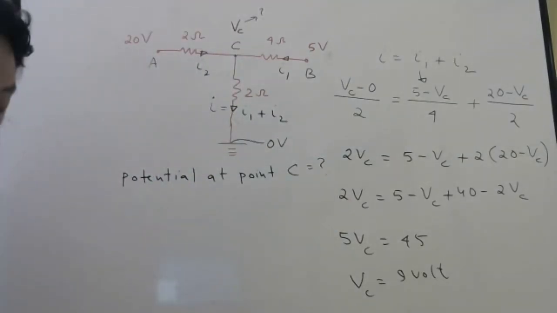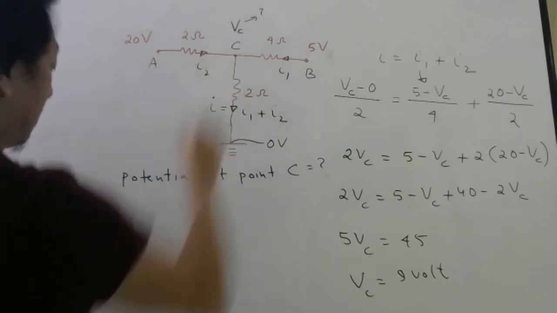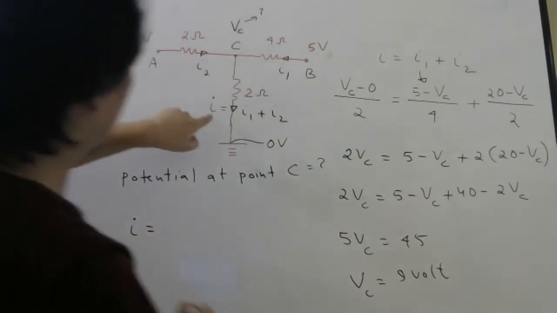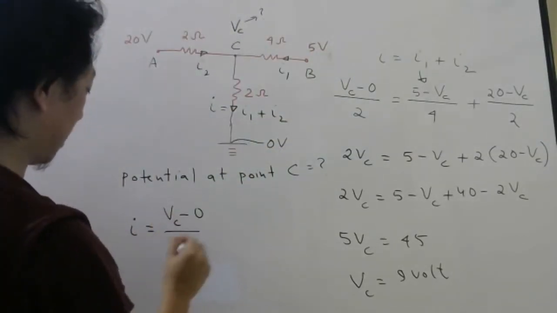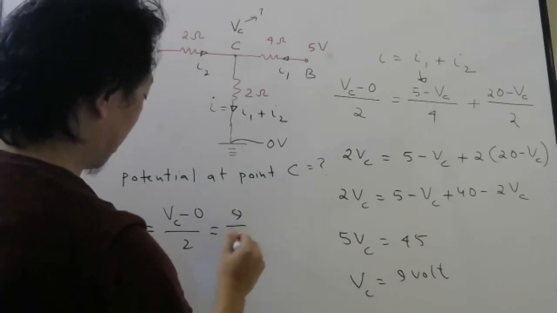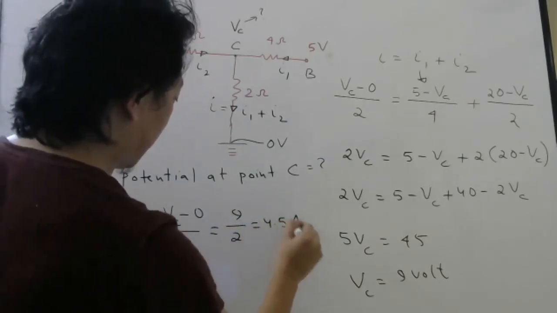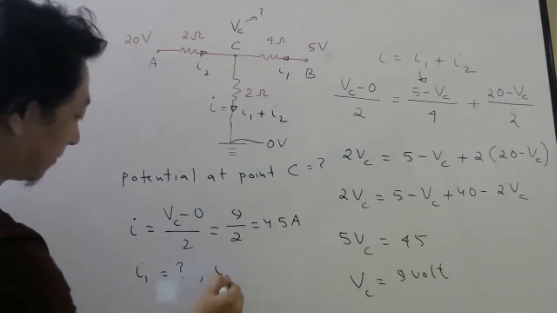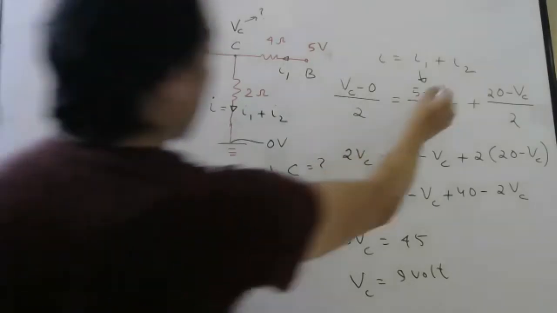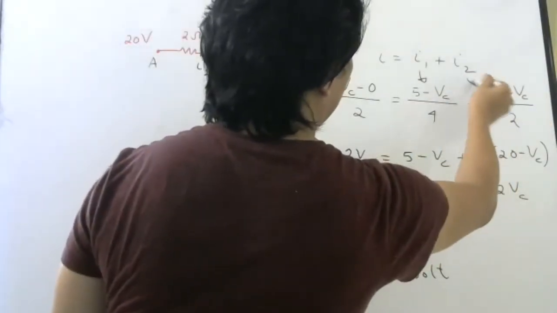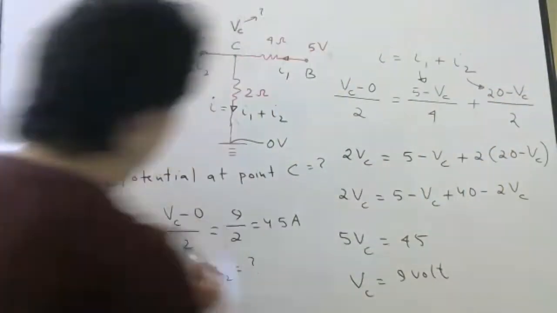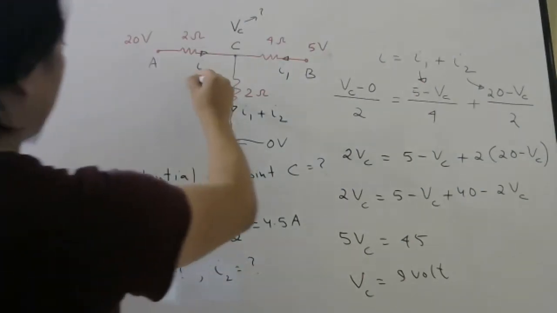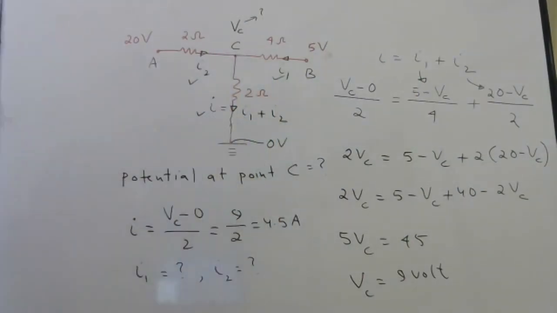Okay. Now, if they ask you this current here, then how to write? This current is potential difference by resistance. So VC minus 0 by 2. Now VC we know, 9. So 9 by 2, 4.5 ampere. Like that you can find I1 and I2. That you try yourself. So I1 will be this, I2 will be this, right? And VC we know. So substitute for I1, substitute for I2 separately, students, separately. And then find current here also, here also, here also.